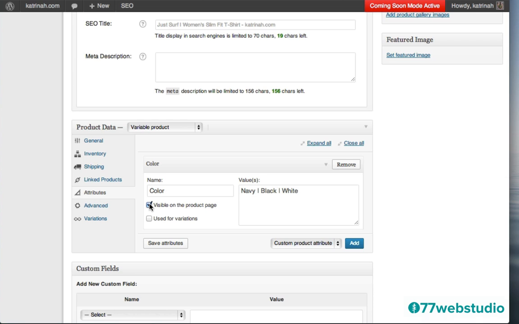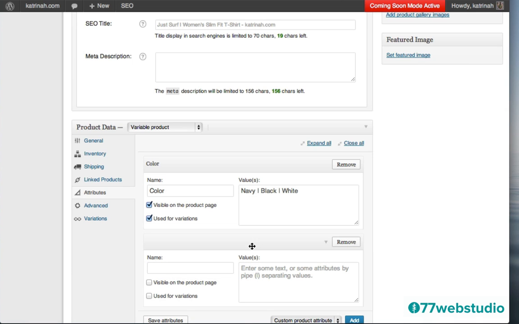And also notice, now that we have this selected as a variable product, we have a new box here that we can check called Used for Variations. This is an important box to check when you are setting up variations on a product. So I'm going to click on this box to add the different variations, and now we have this part of the attributes set up. In addition to colors, I also want to add some different sizes. To do that, I'm going to click on Add to add some more attributes for this particular product.